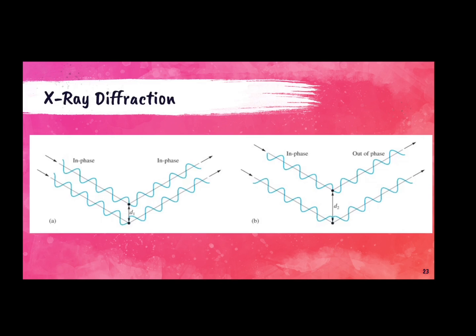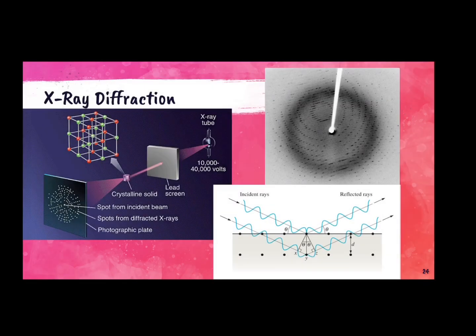So here is a little bit of what that looks like. Okay, so in X-ray diffraction, I have an X-ray tube shot through a lead screen straight at a crystal. And then it's going to produce a lot of spots on this photographic plate. And that's going to kind of give us an idea of what crystal it is and how it's packed and so forth. You can do a lot of math to calculate some of these things